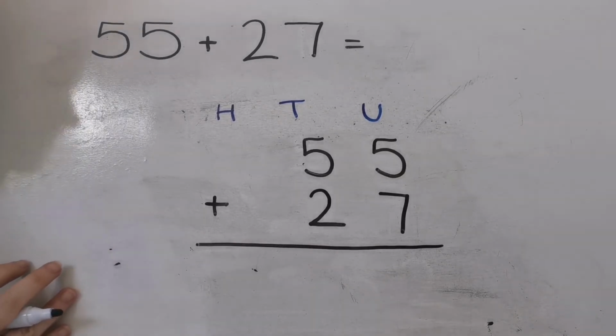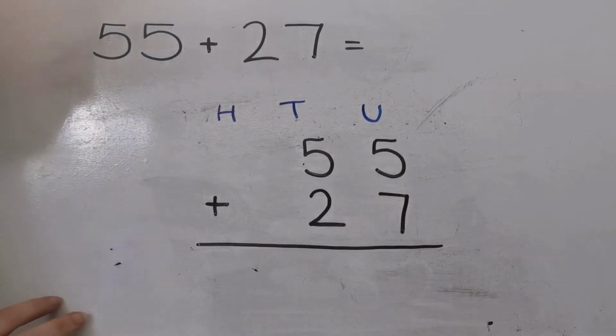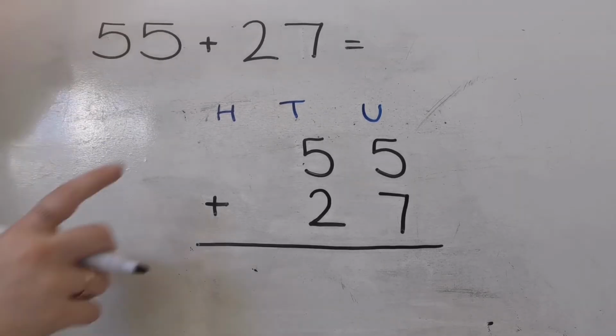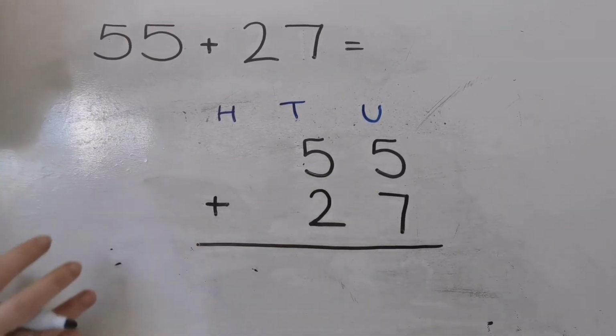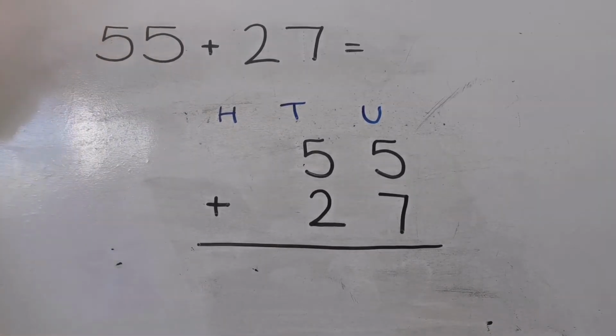Okay, once I've done that, I'm ready to start looking at my units column. It's starting in exactly the same way. Now we've got 5 plus 7, and this is where it gets a little bit tricky, because 5 plus 7 is actually 12. Now 12 is a 2-digit number, so what we're going to need to do is